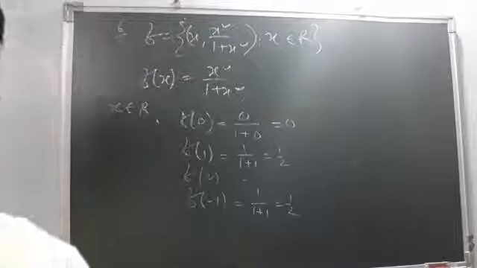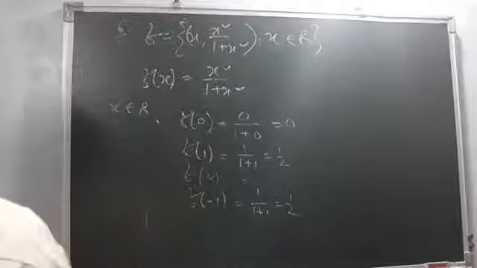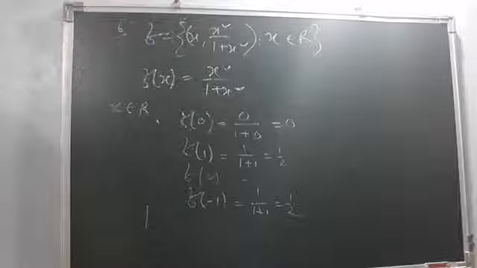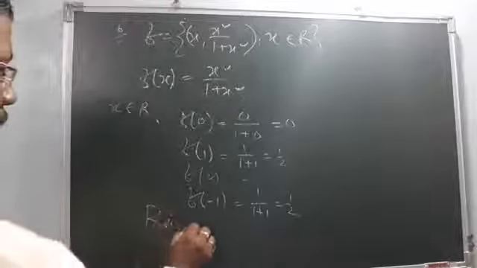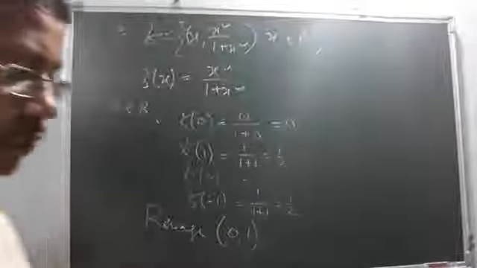So we can say from that, what is the range? Therefore range becomes, yes, of course, 0 to 1. Just this type of way we have to show. Then 7 you don't do.